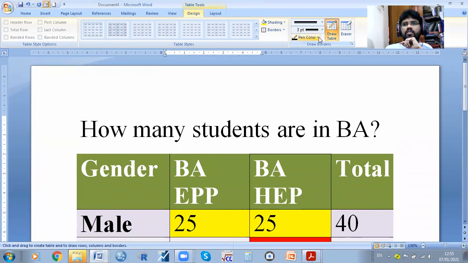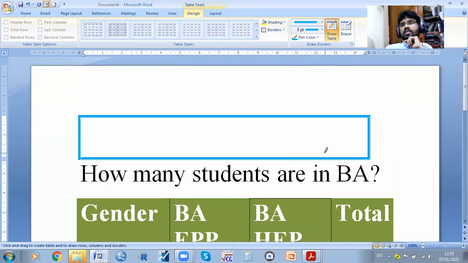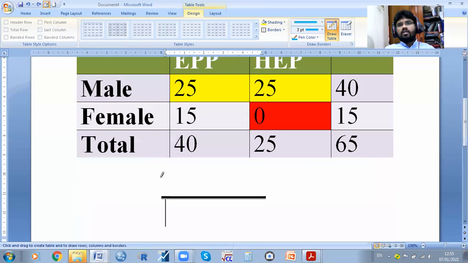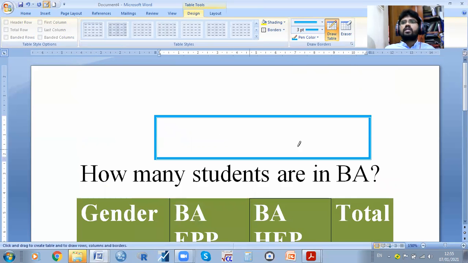For example, pencil color. You can use some borders also. For example, you can insert this one. If you want to type something on this one, you can insert tables within the border. For example, when you see some reports, they will have this kind of thing.